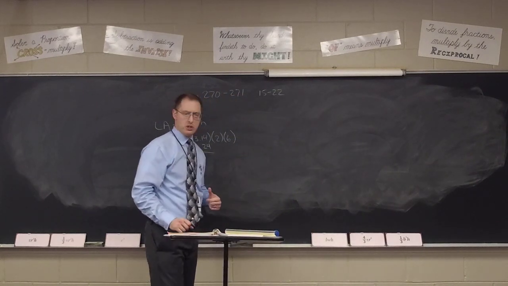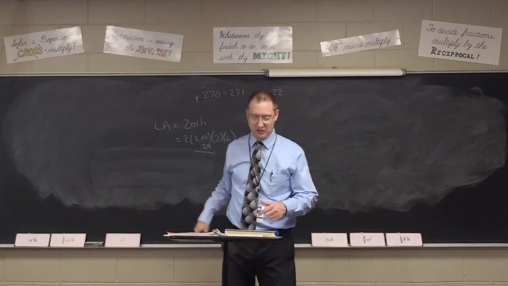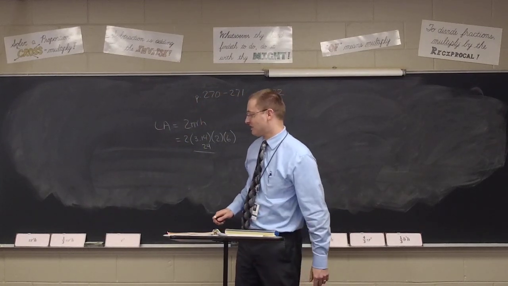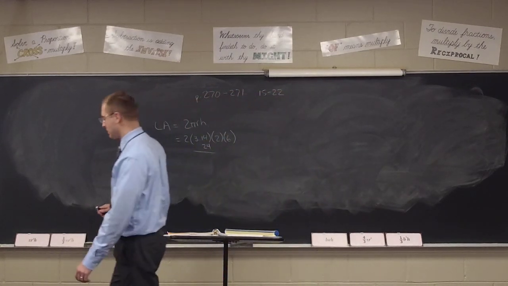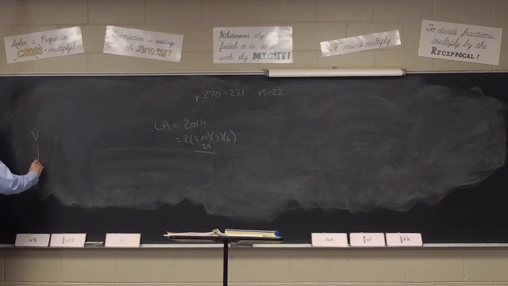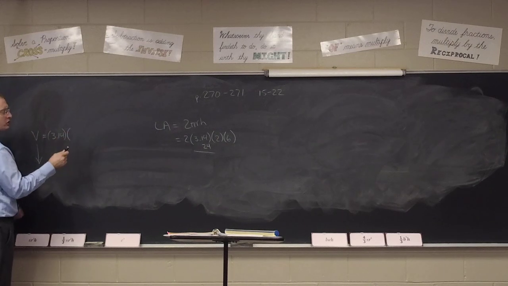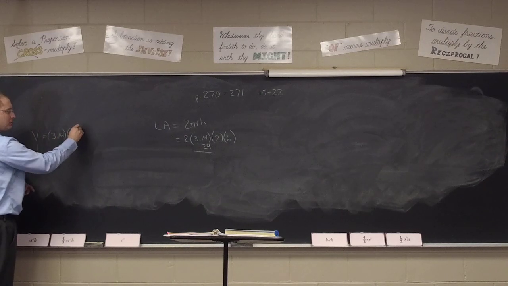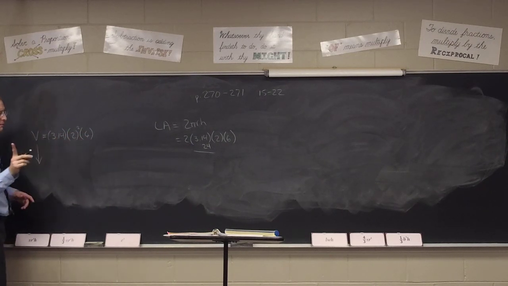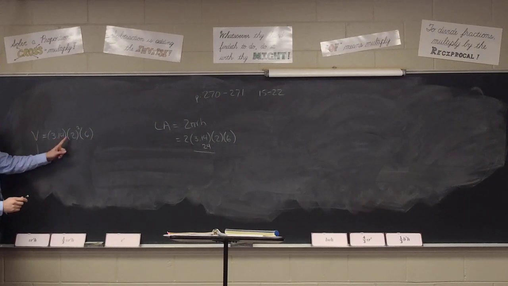What about for the volume? Which of these formulas was the volume of the cylinder? Lana? Pi r squared. Right, there's our volume right down here, right? So we've got the pi, 3.14, times the r squared. Now the radius is 2, that's going to be squared, times the h is 6. Now think about this. That's 3.14 times 2 times 2 times 6.